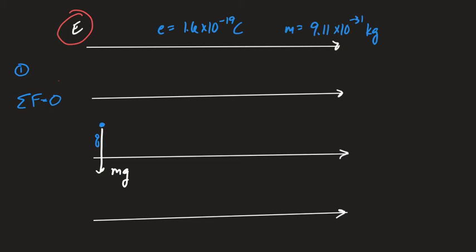What's another force that's going to have to act on the particle in order to suspend it? So what direction do I want that force to be? I want the force to be upwards. Yes. This would be the electric force, QE. That's it. So we want the net force to be 0, so QE has to equal mg. This is all you have to do. But that also means that the electric field is mg divided by q.